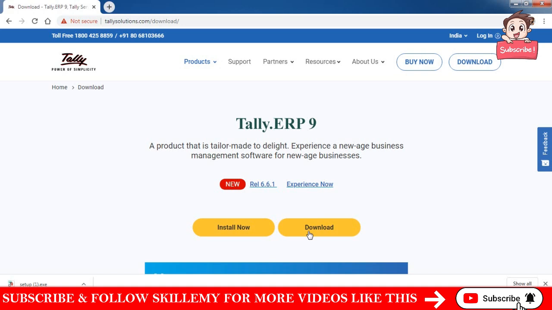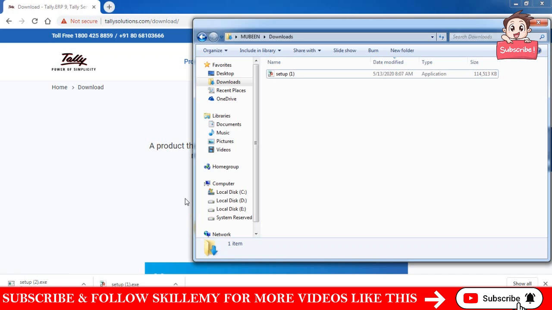So I'm going to press the download button. If I click the download button, the setup file will be downloaded here. You can see right now the setup file starts to download. Now you can see the setup file is downloaded. So I'm going to install it on the computer. I'm going to double click